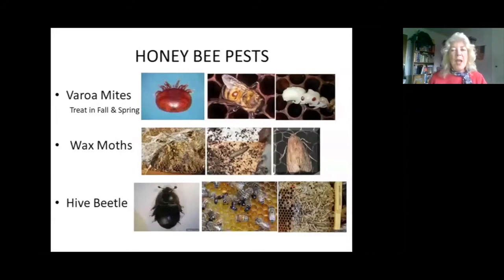Now, the beekeeper has to help the bees kill these varroa mites, or they will kill your hive. You might get away with not treating for varroa mites for the first year, but after the first year, your hive's going to be dead. What happens is, and you can see these with the naked eye, but not in this kind of clarity, they're the size of the head of a pin. They burrow under that capped brood. They attach themselves to the developing bee. You can see these little red dots. Those are